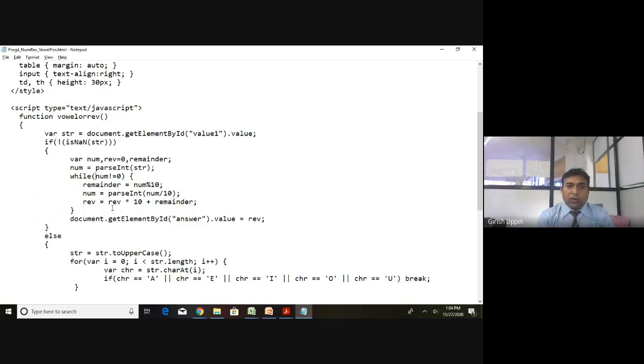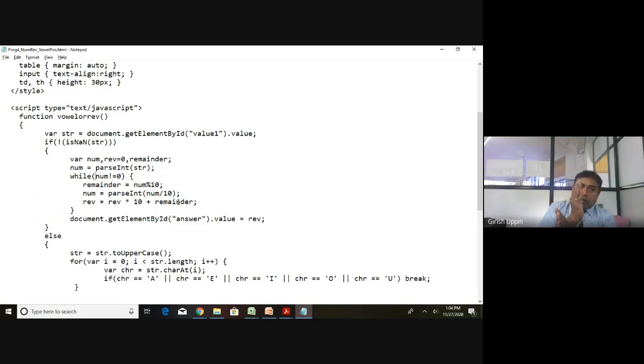Now rev is equal to what? What is the initial value of rev? The initial value is 0. 0 into 10 plus the remainder, 6. If you remember this logic, I got the 6 from 456. Next, I will move it to the 10th place.